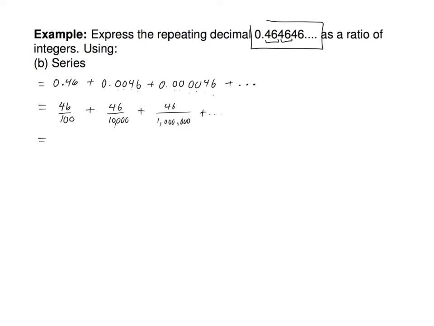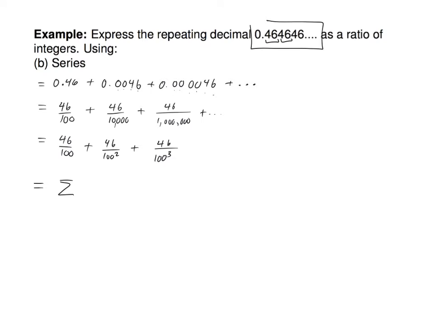Another way to think about that is that's 46 over 100. 10,000 is 100 squared, isn't it? Yes. What do you think the next one is? A million. Yeah, a million is 100 cubed. Does that make sense? Think about how we count the zeros, right? 100 times 100 times 100 is 1 with how many zeros? 6. And is that what you have? Yes. Okay.